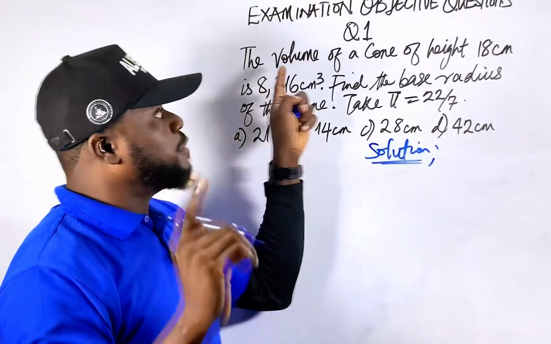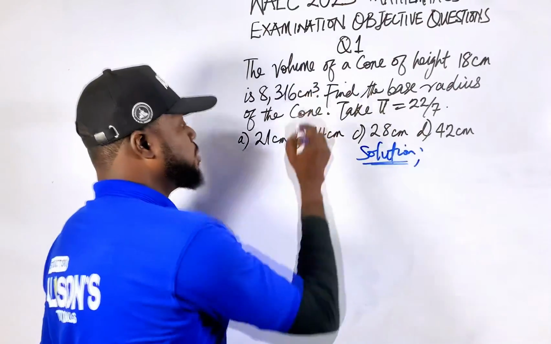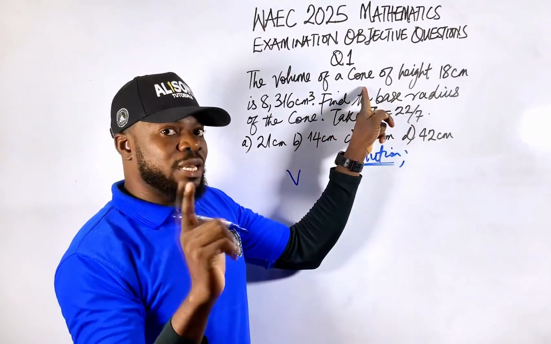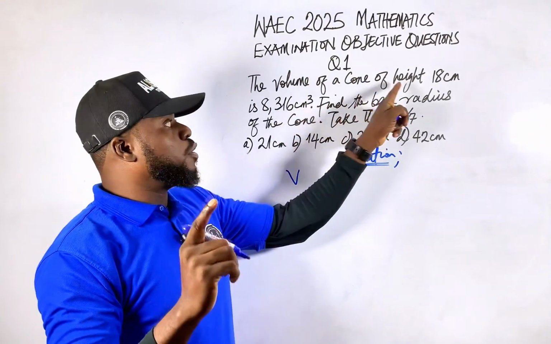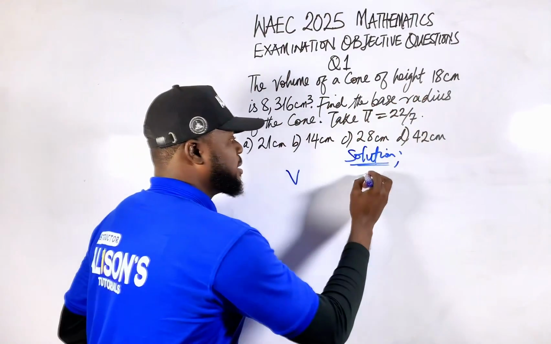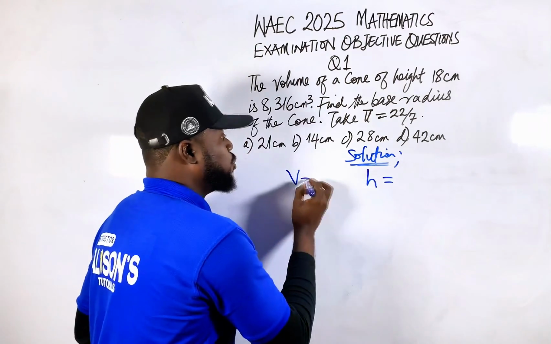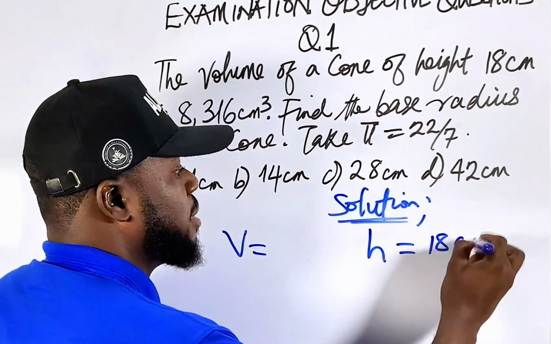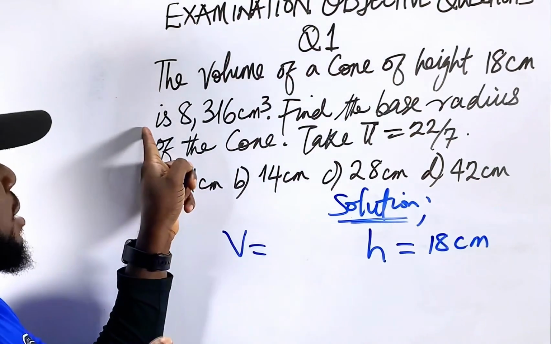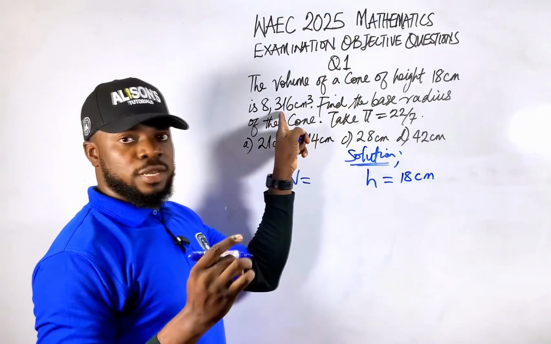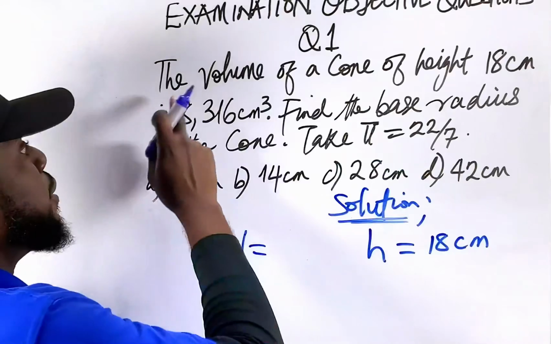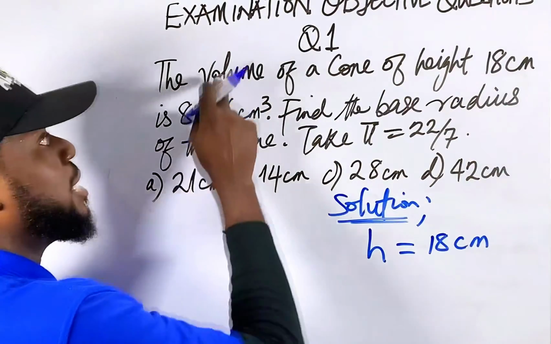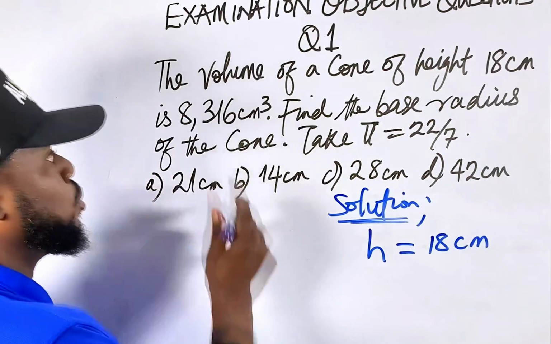The question says the volume of a cone. Let us use V to represent the volume of a cone. It is not a cylinder, they say cone. The volume of a cone of height 18 centimeters is, as the volume is equal to